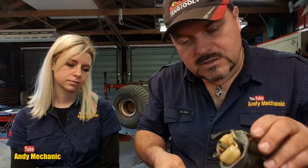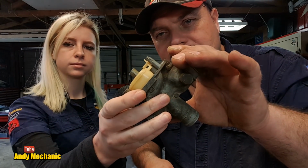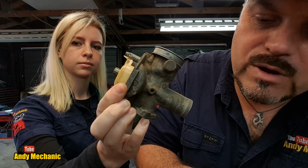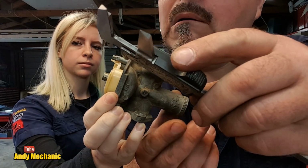Right. So Holly, if you hold the carb to camera like that, that's it. I'm going to be measuring on this side, so just mind your finger a little bit. We'll try and do it the wrong way. You wouldn't normally do it like this. Okay, so